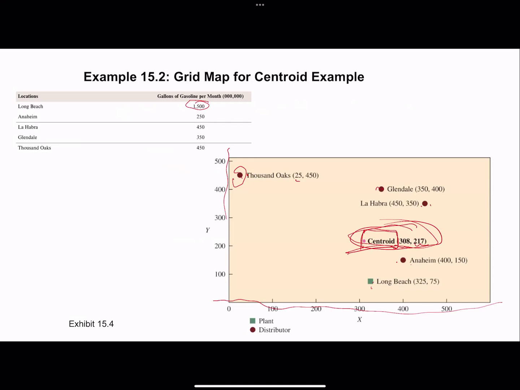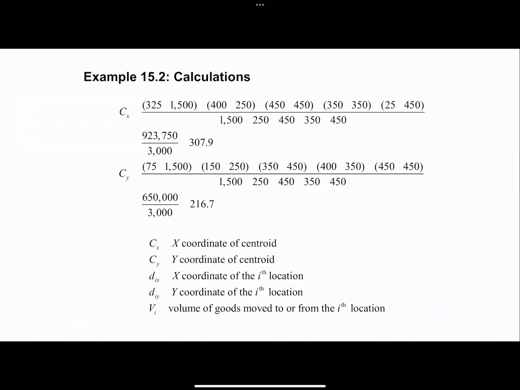That makes sense? Okay. And if we want to know this, the X value only relates to the X value for the current locations you have, the distance, and also the value of goods. So we just need to use